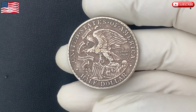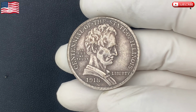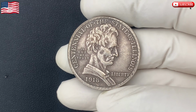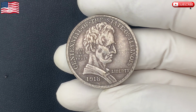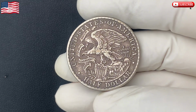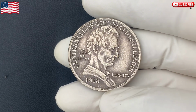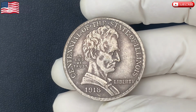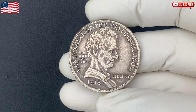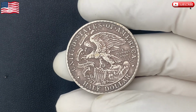The reverse of the coin features a majestic eagle with its wings outstretched, ready to take flight. The eagle, which has long been a symbol of American strength and resilience, holds an olive branch and a bundle of arrows, representing both peace and power. Surrounding the eagle are the words, United States of America, and E pluribus unum, emphasizing the unity of the states and the strength that comes from diversity. This simple yet powerful design has made the Liberty Half Dollar one of the most sought-after coins in the world